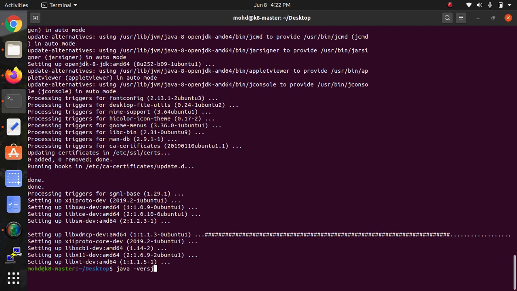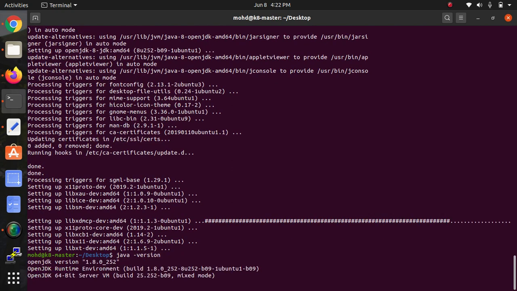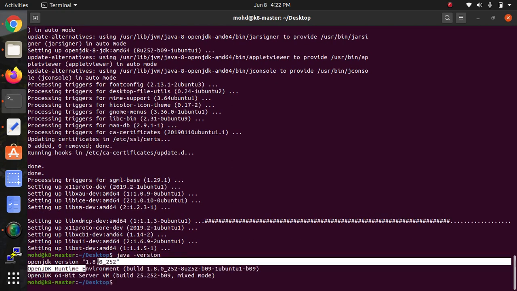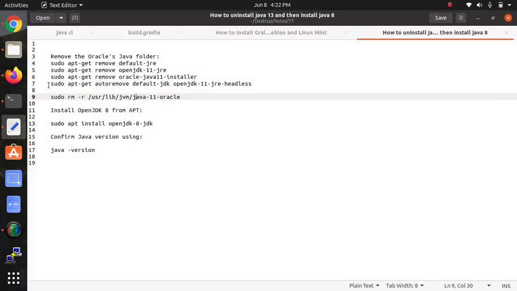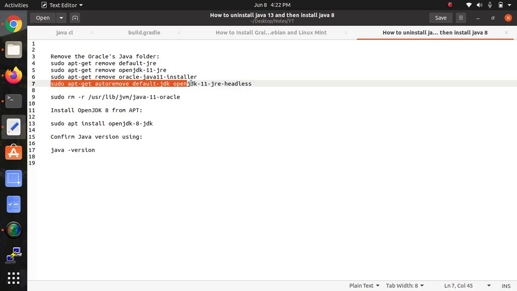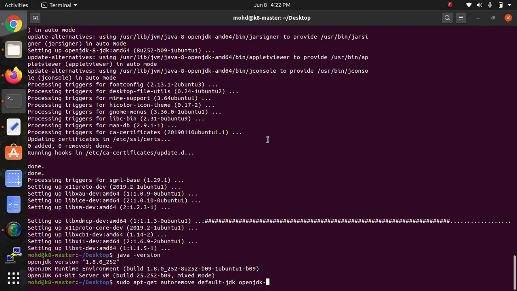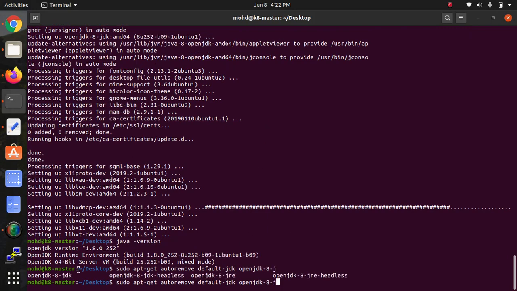Now java -version shows that I have installed the 8 version of Java again. Now let's see whether the command I told you is working. Just type it and press the tab key. On the screen you can see it will show different versions installed on your system, so instead of 8 it will also show 11. Just type the version and you can remove it.